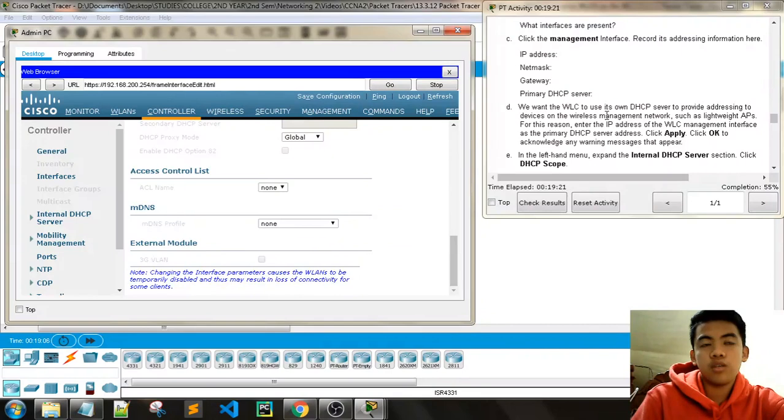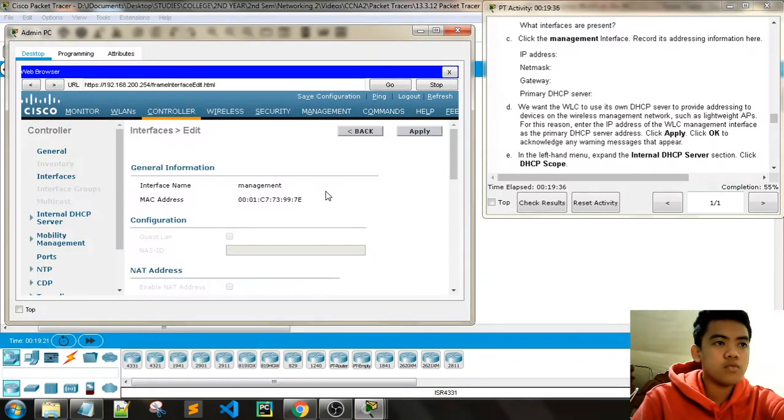So we want the wireless LAN controller to use its own DHCP server to provide addressing to devices on the wireless management network, such as the APs. For this reason, enter the IP address of the WLC management interface as the primary DHCP server. But this is already